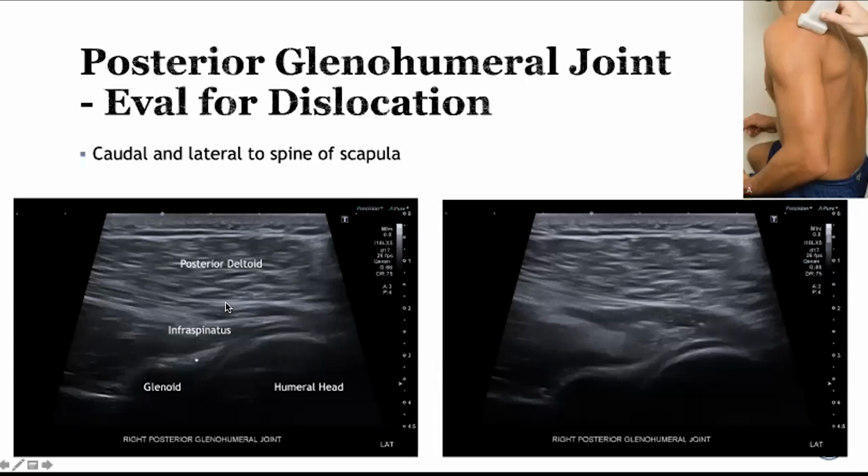And this is the area where shoulder ultrasound is probably the best well-studied in the emergency department. There has been one randomized control trial comparing just clinical exam versus clinical exam plus ultrasound for evaluation of dislocations that showed, obviously, ultrasound added value. There's also been a systematic review looking at 10 studies that evaluated the use of ultrasound in assessing dislocations. It has a very high sensitivity and specificity, in the 90s, for evaluating dislocations, and additionally